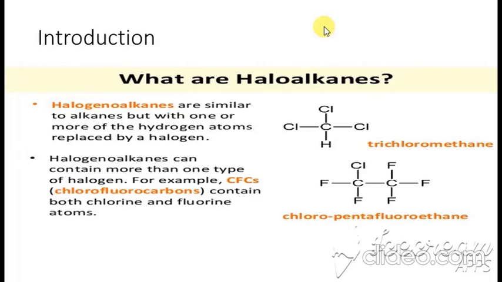When you have methane, if you remove one hydrogen, then it will become a methyl. I have given you a detailed discussion on the alkyl group. So here the alkyl group is R minus hydrogen. What is the functional group here? Halogen is the functional group. So alkyl halide means any alkyl group, methyl, ethyl, propyl, attached to a halogen.